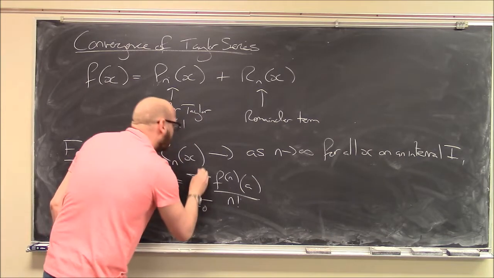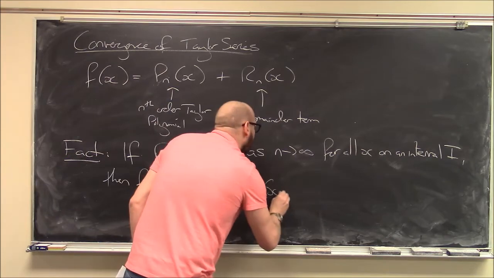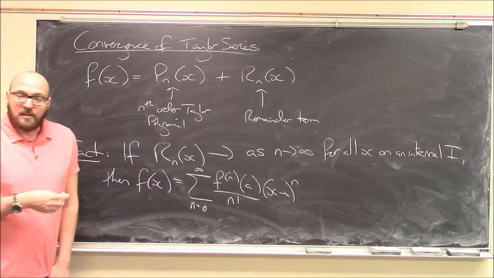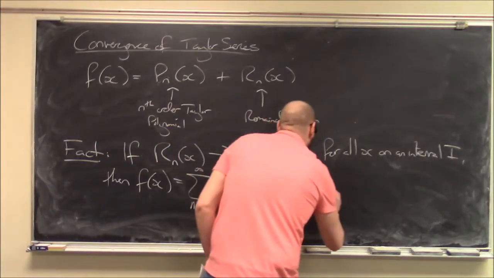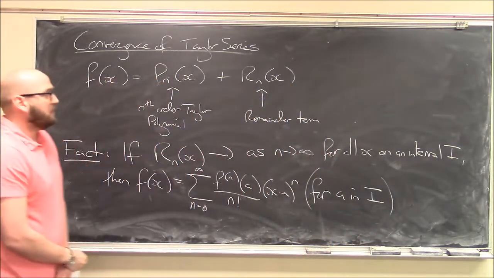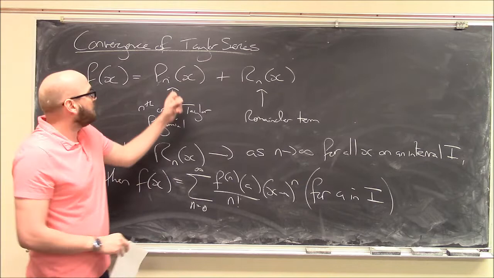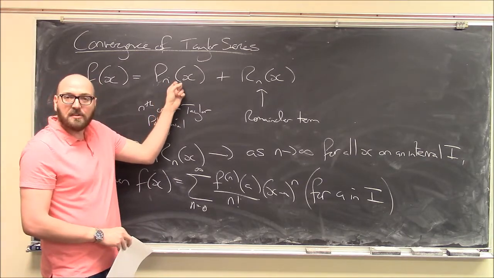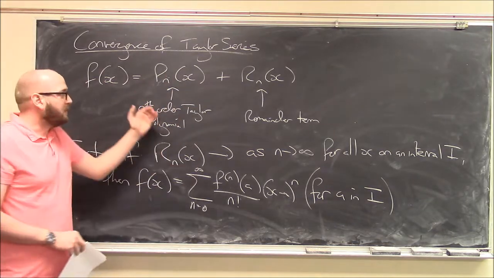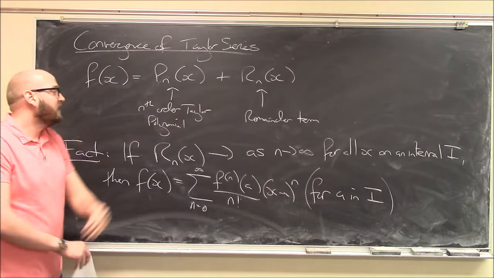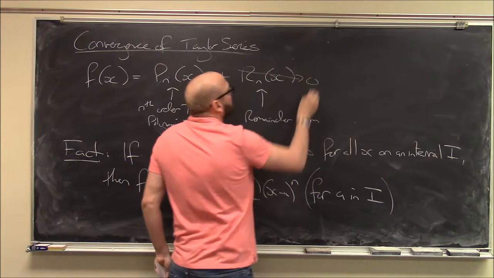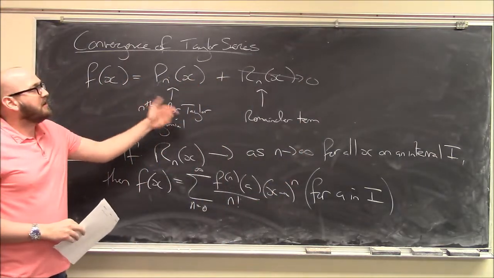The sum from n equals 0 to infinity of (x minus a) to the n, for some a in this interval I, where a is in I. So the point is that I can think of the nth order Taylor polynomial as being an approximation. If I let n get bigger and bigger, counting out more and more terms in my Taylor series, and that becomes a better and better approximation, so this remainder is shrinking off to 0 and disappearing, if this gets to be a better and better approximation as I count out infinitely far,